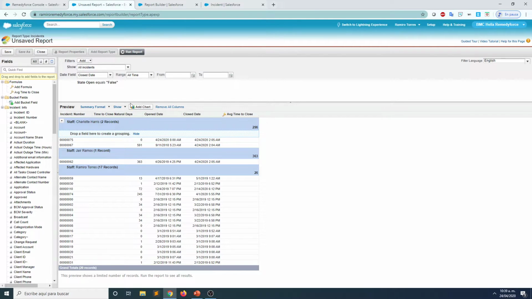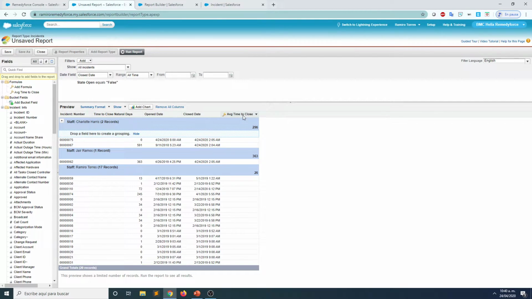From here, something I want to show you is that these average time to close fields that we created are fields only existing on the report. We're not creating any data or any custom field on the object. So that means we're not taking out one custom field from our counters. We're calculating this in real time. That's the only consequence, because there shouldn't be any modification to the close date. But if you modify the close date, then that will affect the time to close, and that will affect the